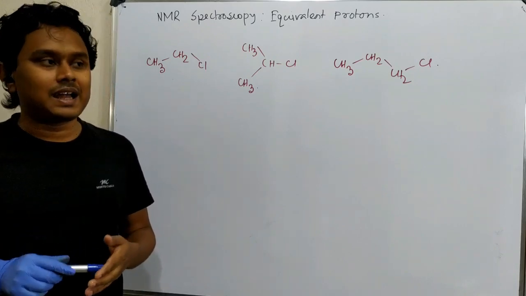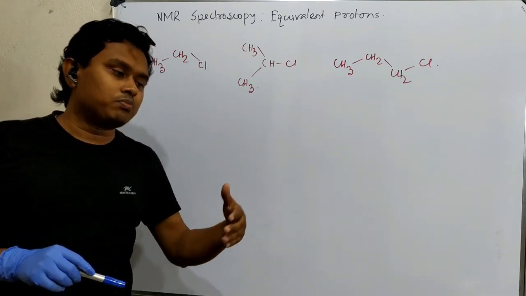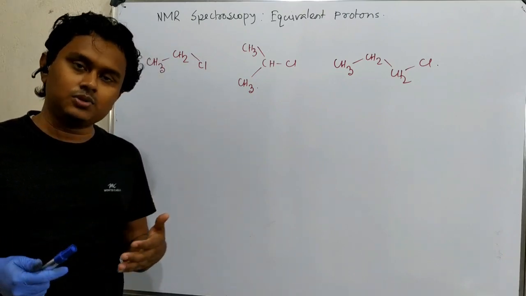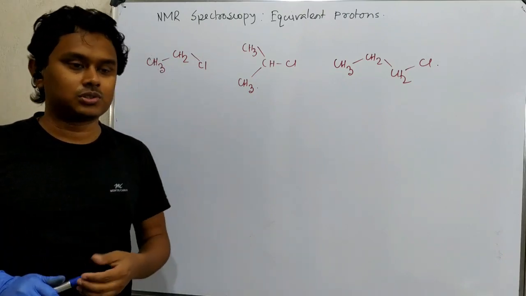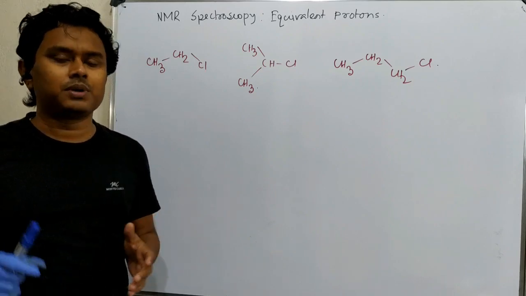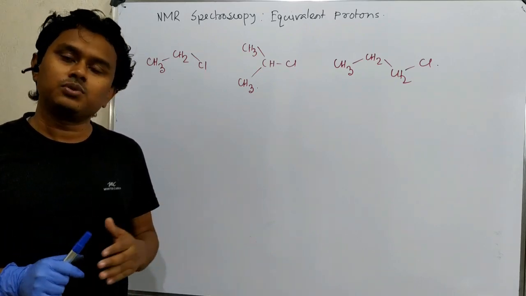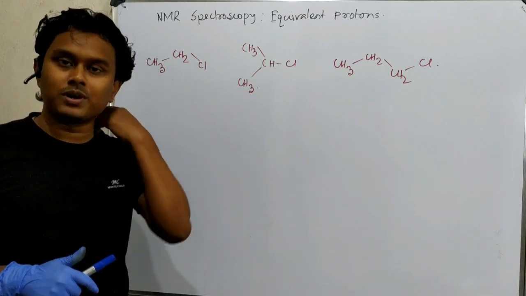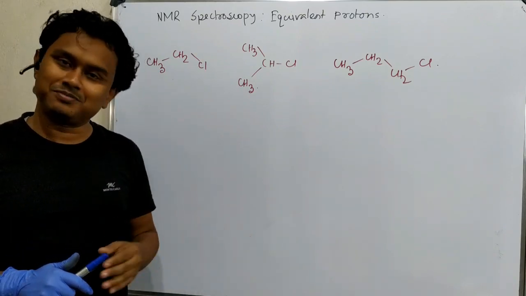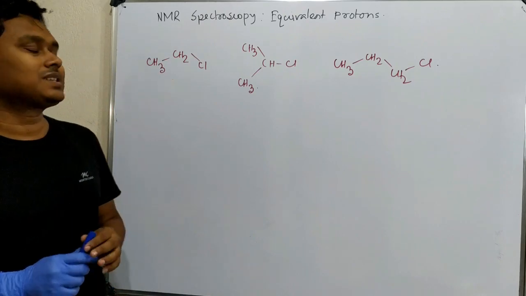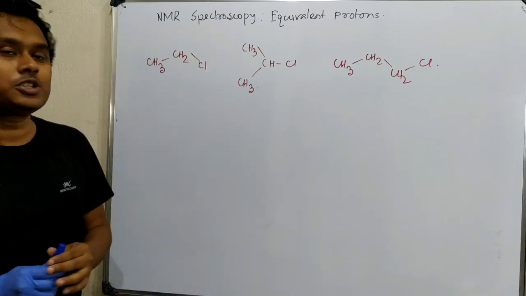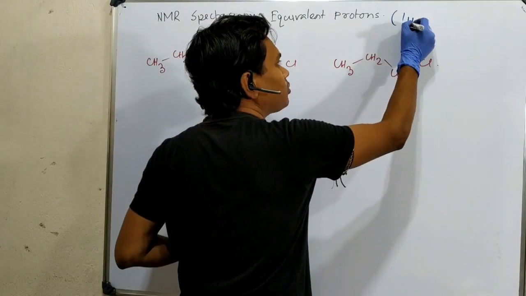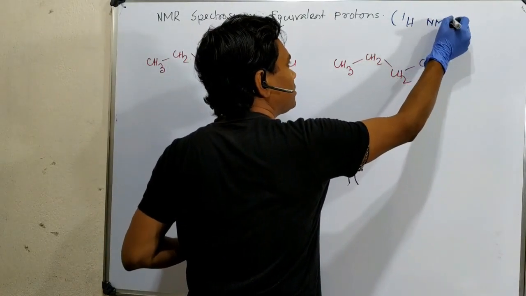Generally, we say that this focuses on proton and 13C, which are mainly used, but there are some other variations also. It's a vast topic, but I shall try to give it to you slowly, in phases, such that the lecture is not so difficult, so big, so boring. So today's discussion is mainly about equivalent protons, which means we will discuss a little bit about 1H NMR.